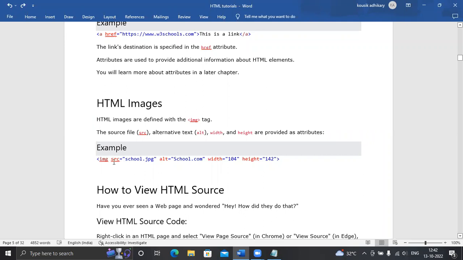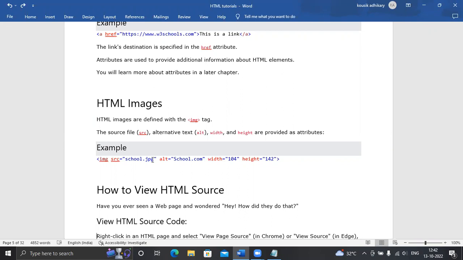When you are adding images, you need to use the same syntax, only the changes will be src, which means the source, equals to, within the double quotes you give the name of the image you want to display on your website, and that image should be available in the proper directory.